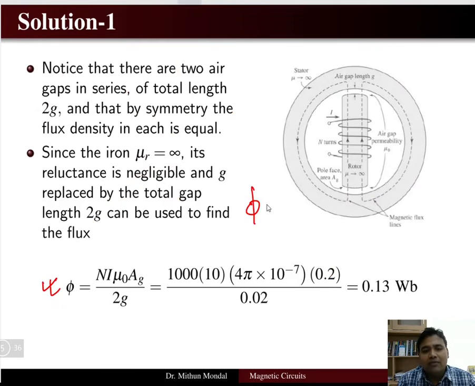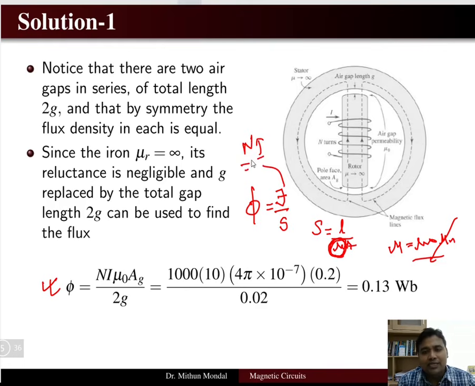So you can determine the value of the flux from MMF by reluctance formula that we have seen in the first tutorial also, and the reluctance value is l by mu into A, that is the area of the cross section, and here mu will be used appropriately whether it is a core material or iron, using the formula mu is equal to mu naught into mu r. So in this case we are dealing with the air, so mu r will be 1 and we will be using only mu naught.